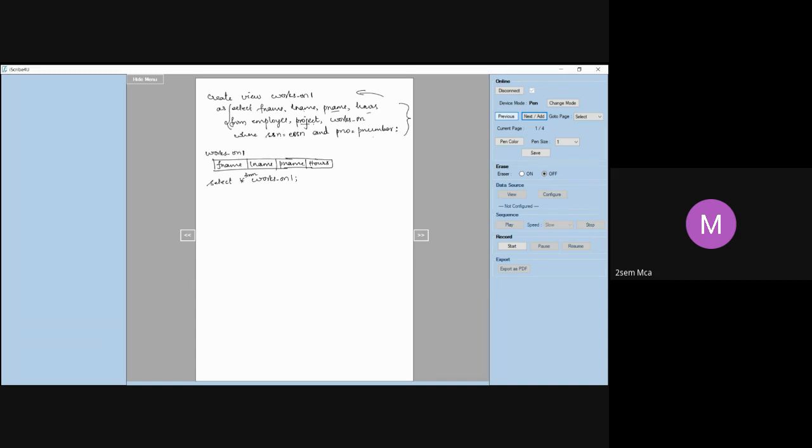So I can make use of this view. This will avoid me writing so many things every time. I can use this works on one as a table. I can start accessing this like a table. That's why I said select star from works on one. Similar to our table, we are also using this. So you don't have to write everything once again. It becomes easy for us, right? Any doubts?